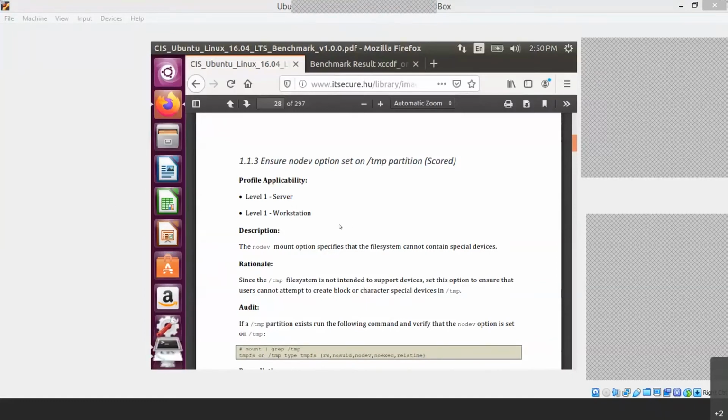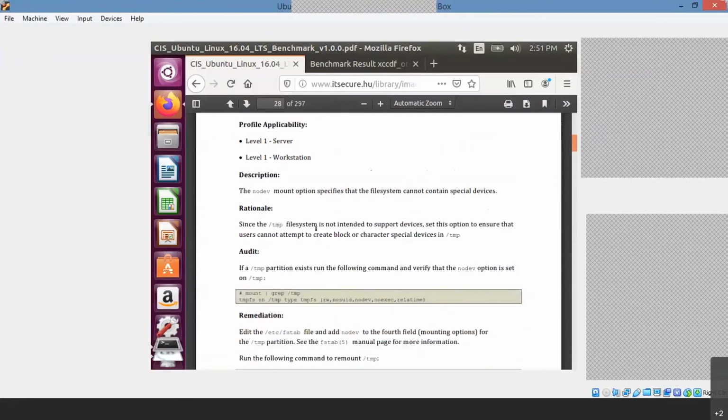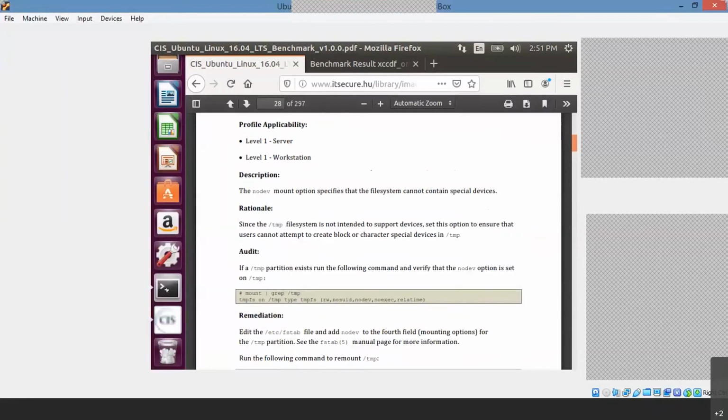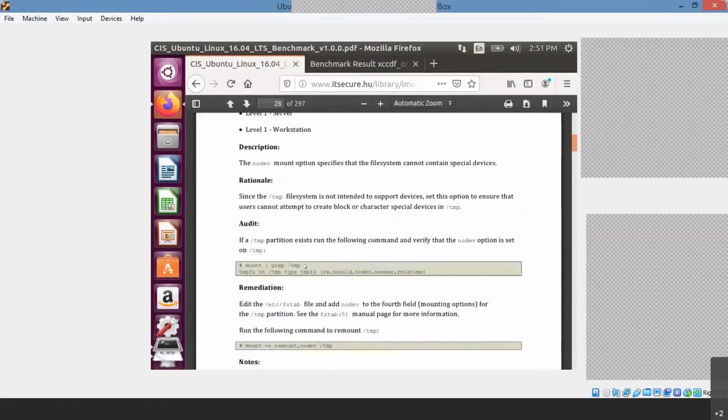Okay, so I think we can check whether the temp directory is there or not. Just copy this command: mount | grep /tmp. Basically the tmp partition is usually used to insert support for the special cache, character drivers and devices, and for creating new directories. Just copy this command and execute here. So mount grep tmp. What has it given? It has given no output. But as per your compliance, it has to show where exactly the tmp partition is mounted and with what kind of permissions.